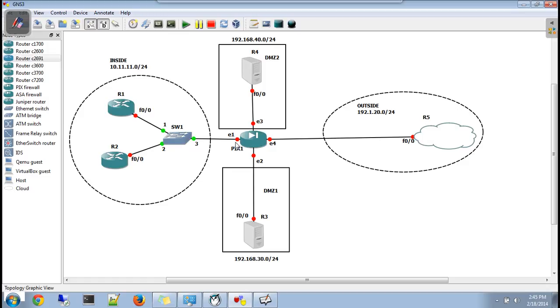All the interfaces of the firewall are dot 10.